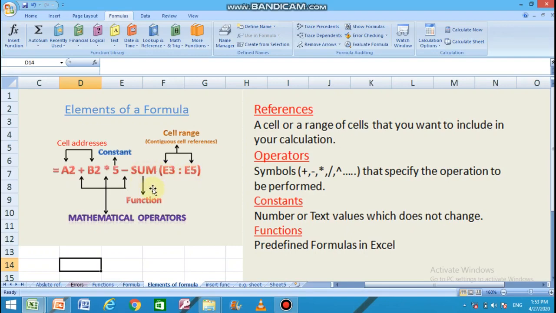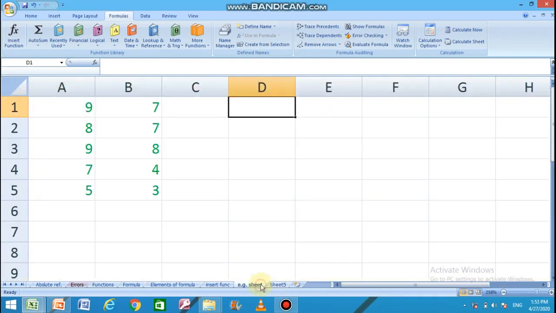Whenever we like to perform any basic mathematical operation in Excel, then we can use the functions in spite of writing the operators. For example, just look at these numbers.